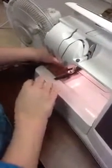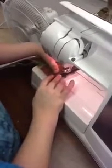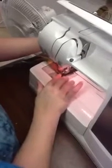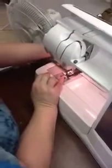And we're just going to sew the entire length of the zipper right along that edge. It's going to just give us that nice finished look. Oh, I broke the thread. Let me rethread this real quick here. Okay. Now that we've done that, I'm just going to go back to where my thread broke and continue forward, just overlapping that a little bit where the thread broke, and back stitch at the end and cut the threads. Okay, so now I have a nice line across here,